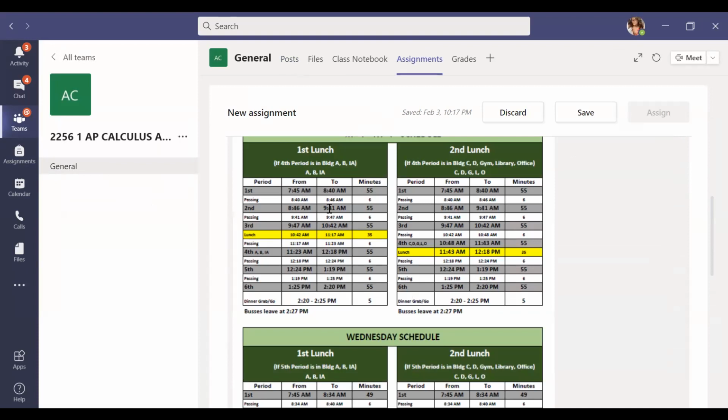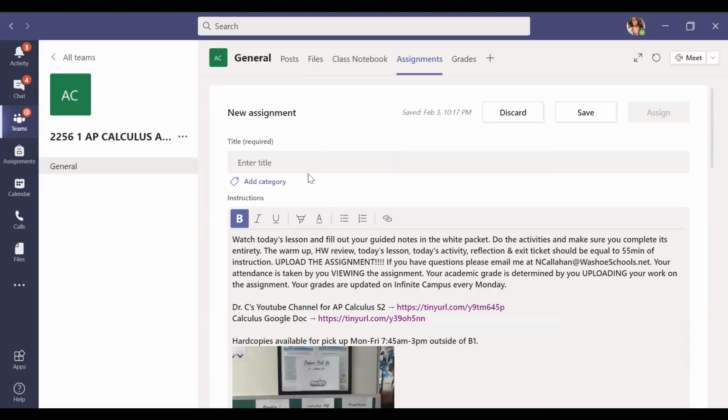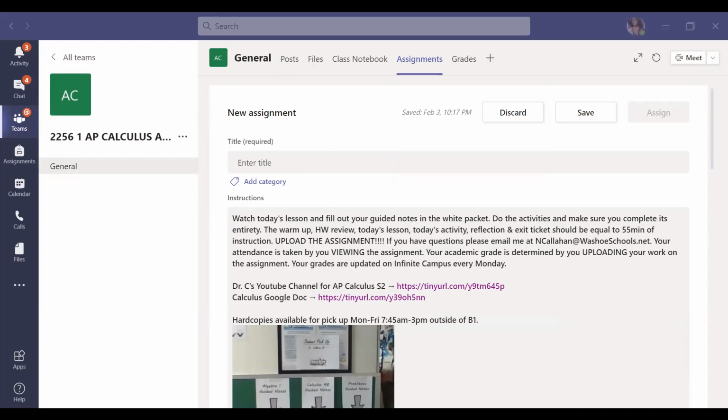Make sure you check in with me by 9:41 a.m. for Thursday for second period. That's generally when I take the attendance. And today our topic of discussion is going to be a continuation of finding integrals of natural logs, and it is more difficult or complex questions of natural logs. Okay, so I'm going to go ahead and include that here. So complex integral of natural logs. Let's go ahead and copy that over.